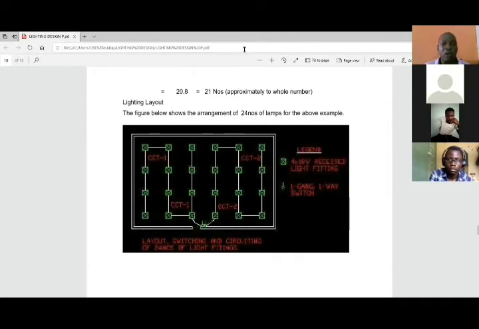Now, I want us to do a practical calculation and design in terms of lighting fittings. But before we go on to do that, I will share with us some